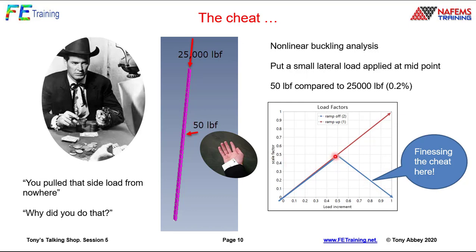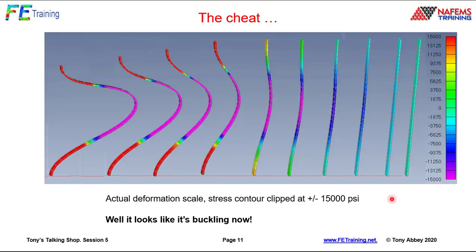So the load factor doesn't actually get up to the unit value of 50. I just take it up to 25, edge it back down again. That's finessing it. It's basically saying, if you catch me out with cheating, you don't catch me at the end of the cheat with a load in there. I've just subtly taken the load off. So it's like a push load, get things started, and then I take that load off. So if I do that, now my nonlinear